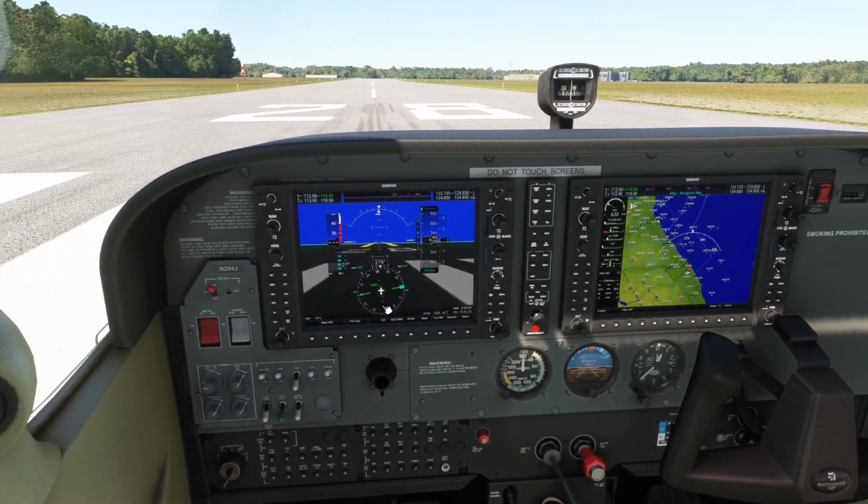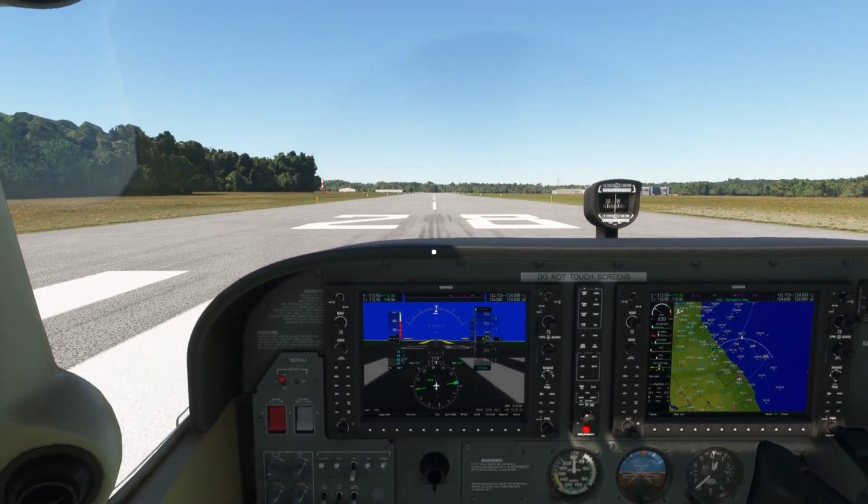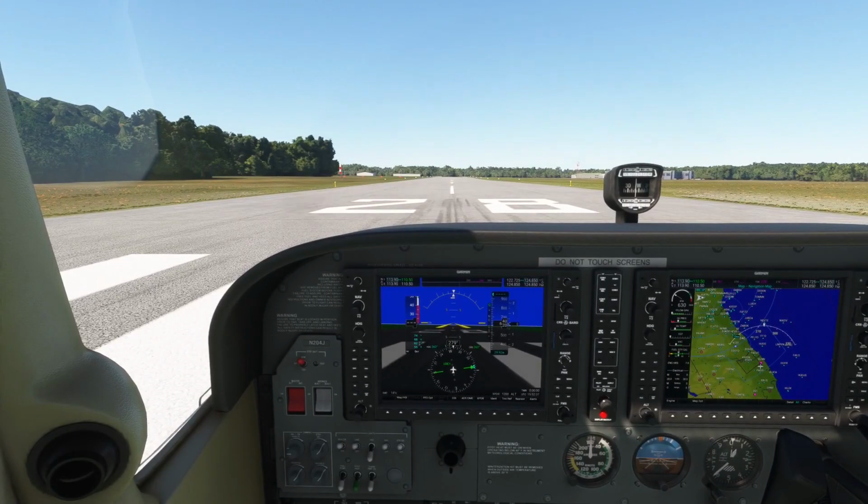I'm not going to cover everything else that you need to understand about the plane, because those will be included in the flight videos and so forth. But at this point, we're going to get ready. We're going to take off. Again, I'm going to lower my view a bit so we can see the altimeter. I'm going to throttle up,